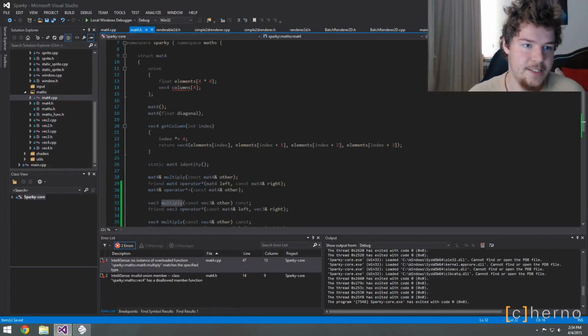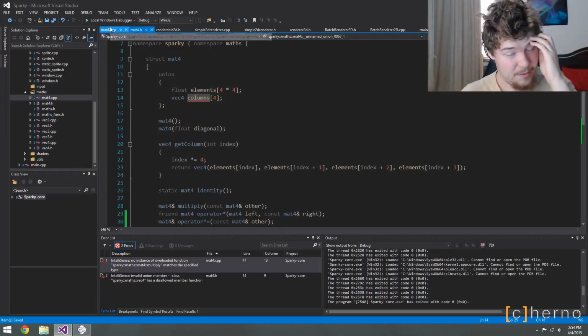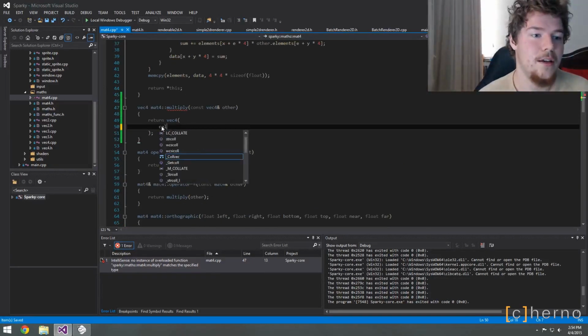We've got two ways of accessing currently. We can either do it by columns or by elements. I want to use columns. It'd probably be a bit more simple than elements, because with elements we'll have to do something like elements 0, and then the next one will be elements 4, but since we're going across the row, right? So it might be better just to say